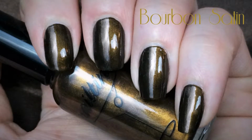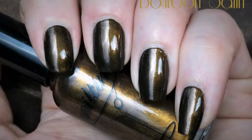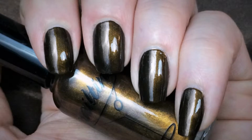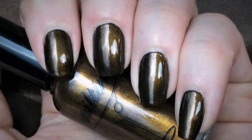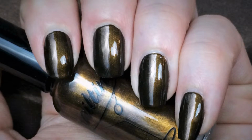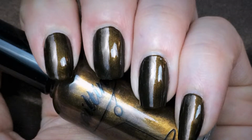It spreads kind of oddly. It doesn't really pull, it doesn't really streak, but I don't know, this formula just did not meld well with me. The gold, the bronze shimmer picks up so much prettier in the bottle than it does on the nail. I don't see it on the nail. No, I mean, I just don't, which I was kind of sad about. The bottle looks phenomenal, but on the nail, it just...